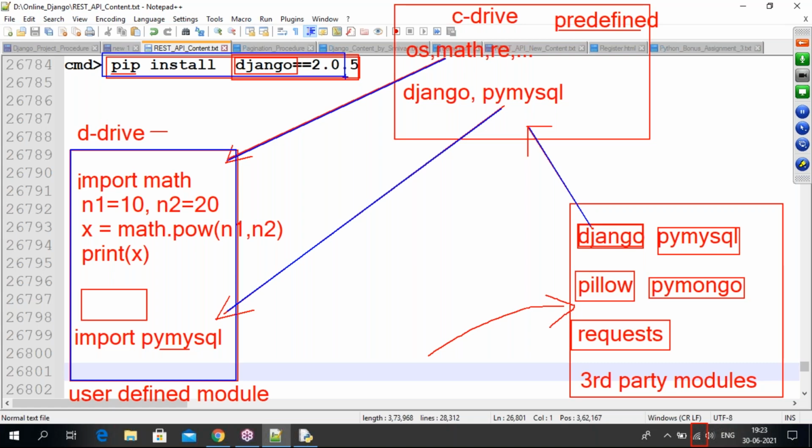Got it? This is the basic role of a Python developer, basic common sense required to remember. How many module types are there? Can you explain the modules, or how do you get the third party module into your user defined development? People may ask any question. You need to explain this total structure, then the interviewer will be satisfied very well. How do we use a predefined module in user defined development?